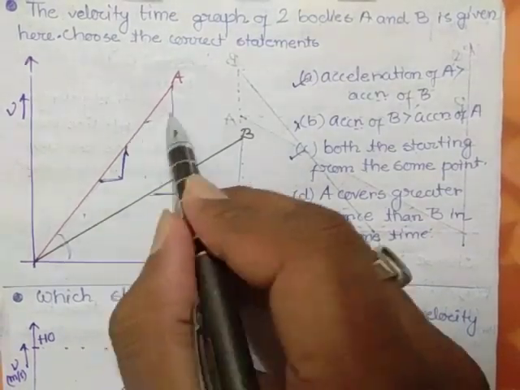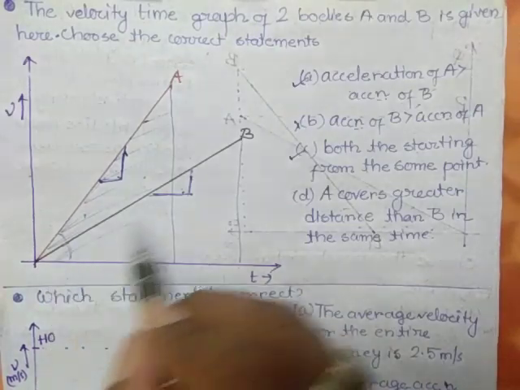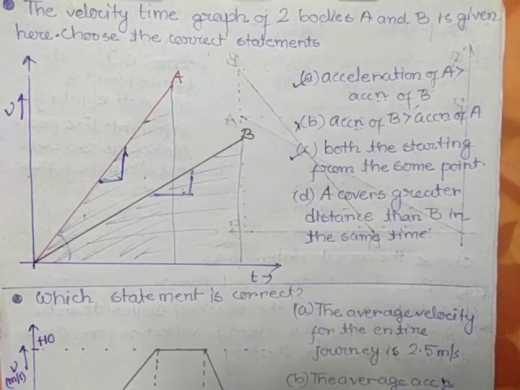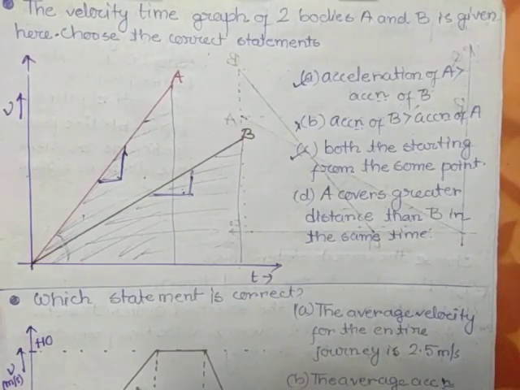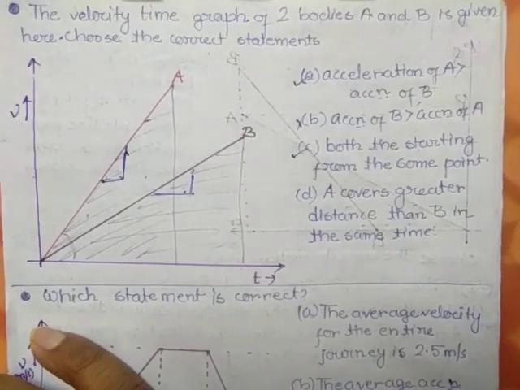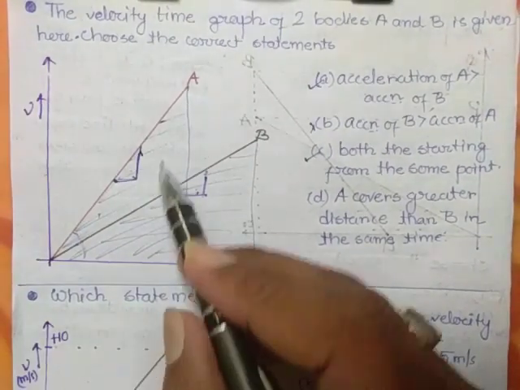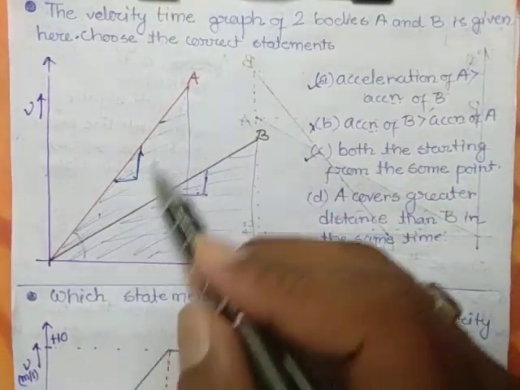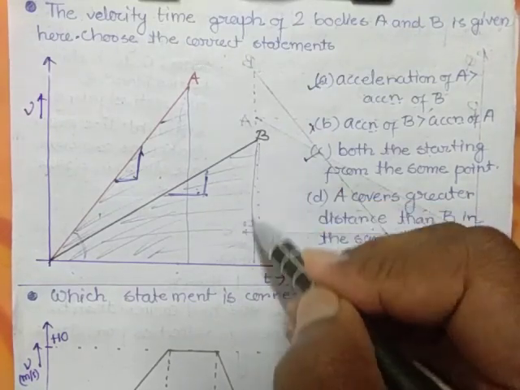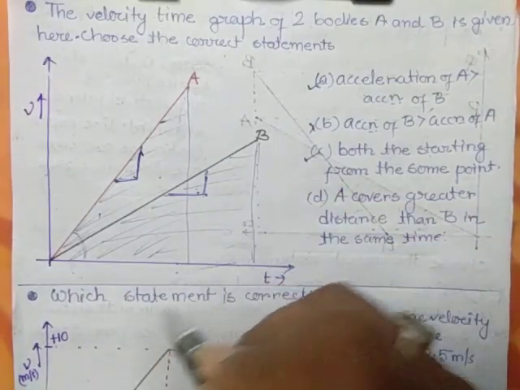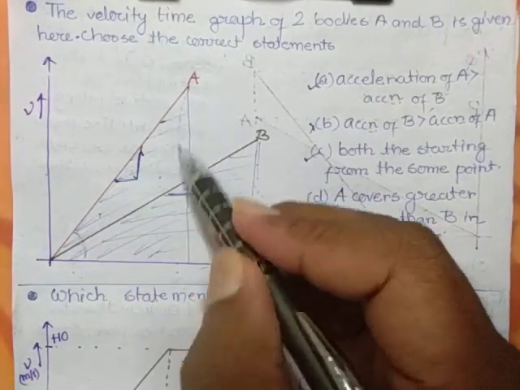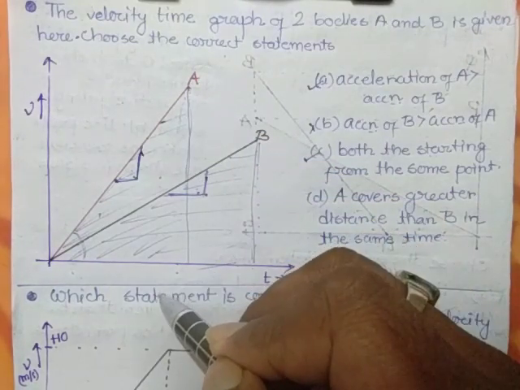Okay. If I calculate the area of this curve, and the area of this one, so just from symmetry, just seeing this, which one covers the greater area? Obviously for A and B, it is half into base into height, and for the other, the height is less and the base is also greater. So which one covers the greater area? Obviously here A covers the greater area. Just looking at it, we can understand this.